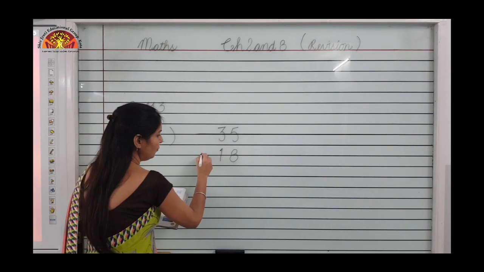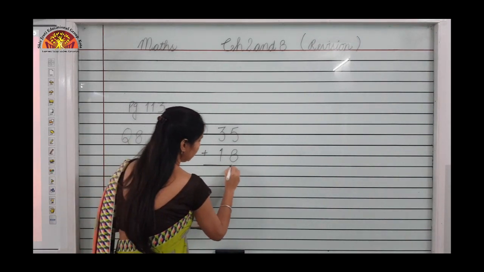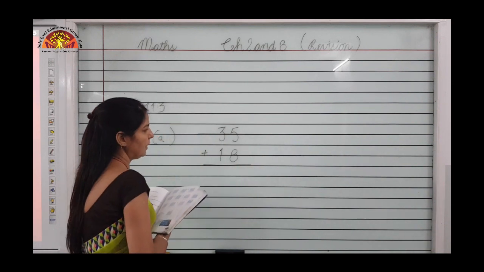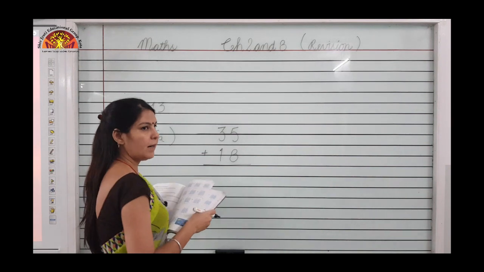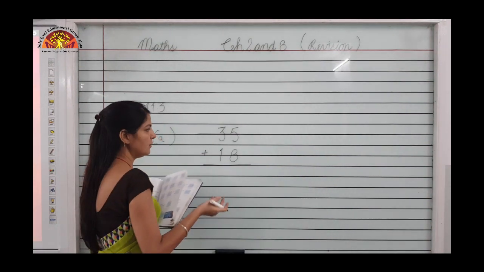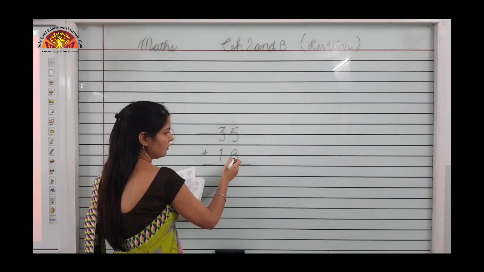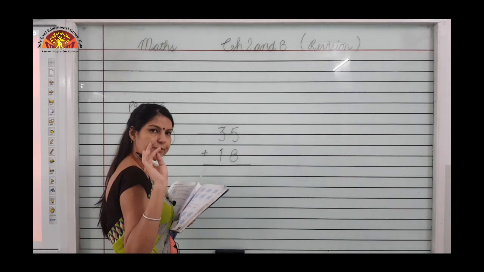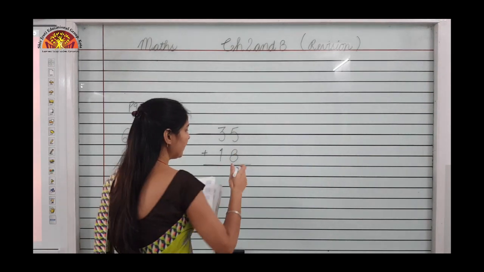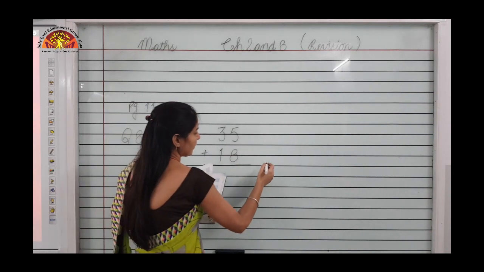So what will we do? We will add these numbers. The method of adding the numbers is the same. Keep the bigger number in your mind and move forward the other digit. 8 is bigger here, so we will move after 8 till 5, where 5 is coming on our fingers. 8 plus 5 is 13.